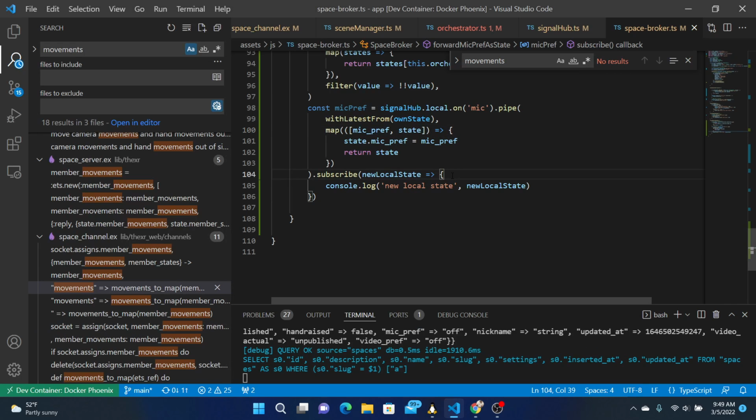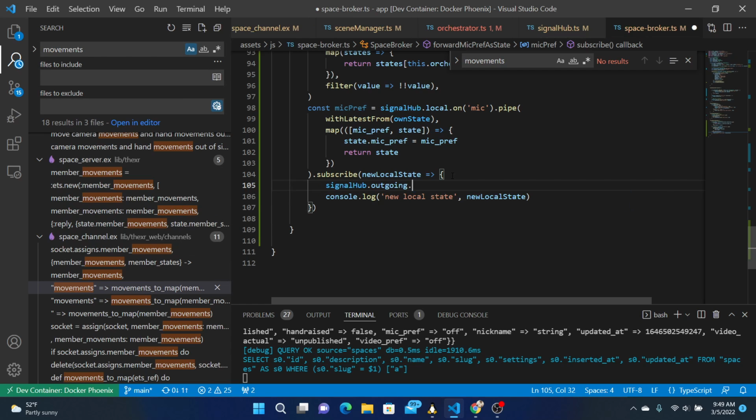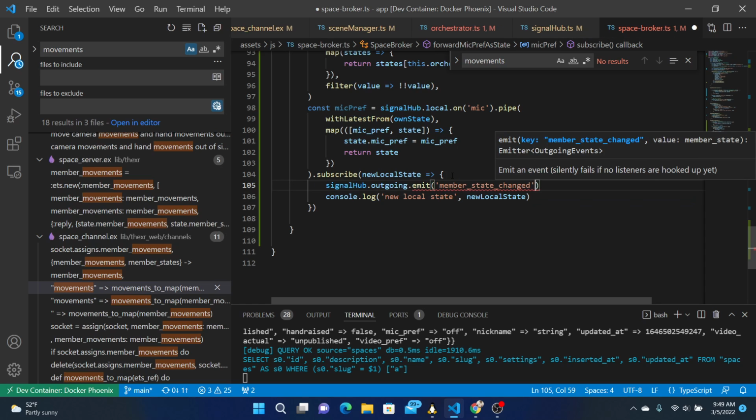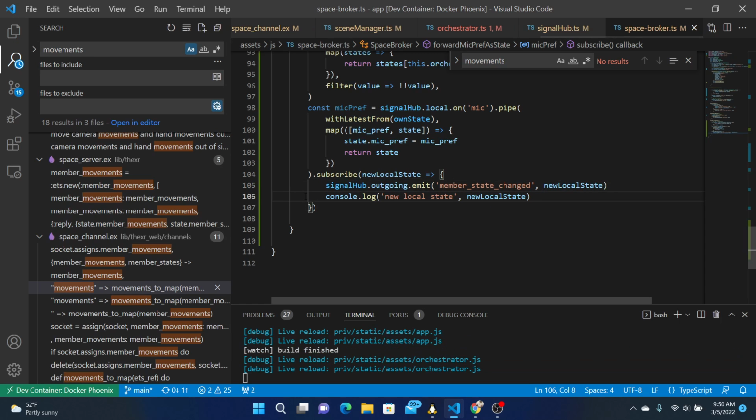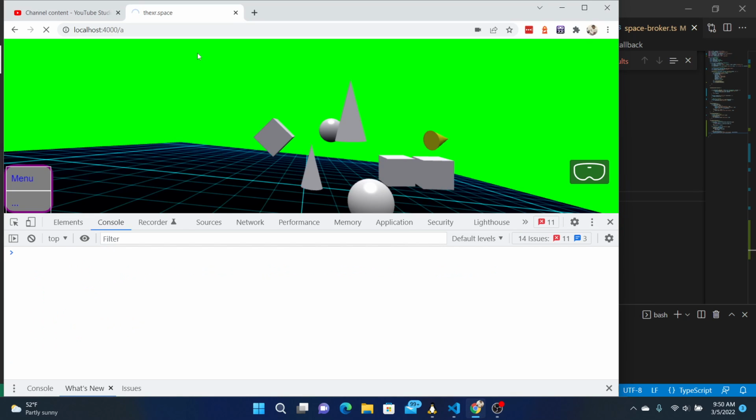So we'll do signal hub outgoing emit member state changed with our new local state. So if we send that up, we'll get state updated, and hopefully that shouldn't do anything, but